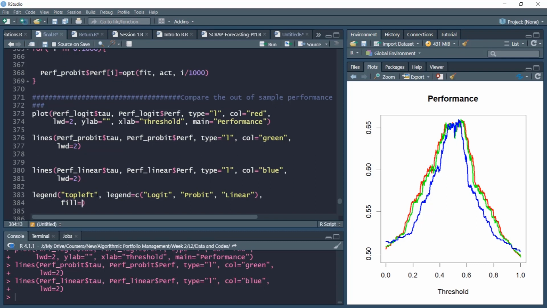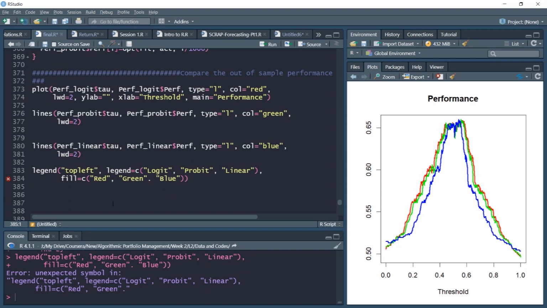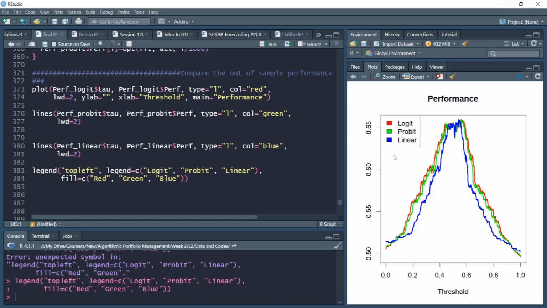Fill: Logit is with red, probit is with green, and linear is with blue. So this is my legend. So I'll run the legend command. The legend has appeared. Now notice, very identical to our train data set, in test data set also we note